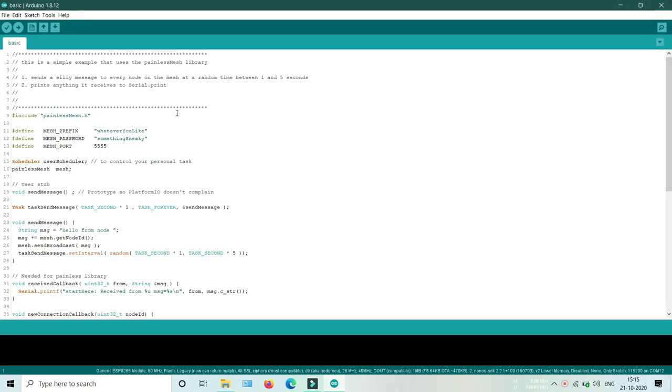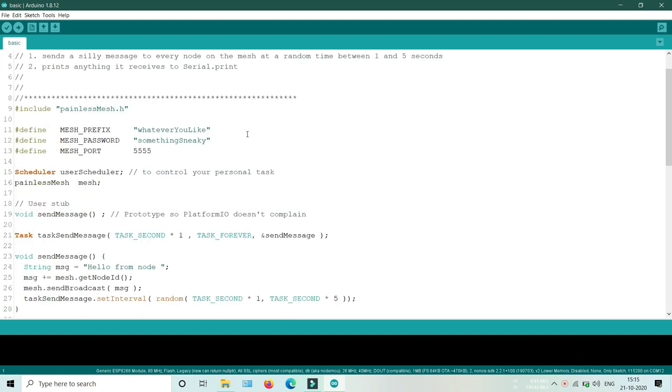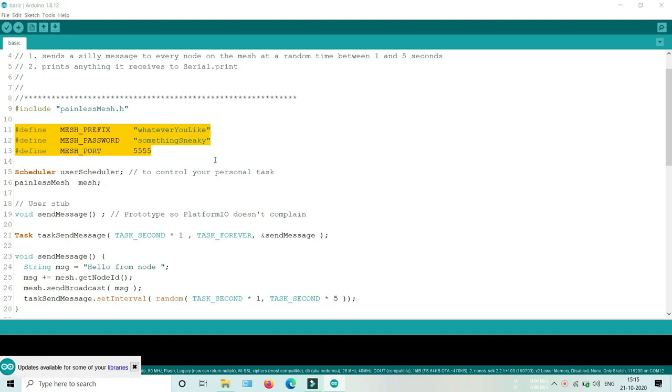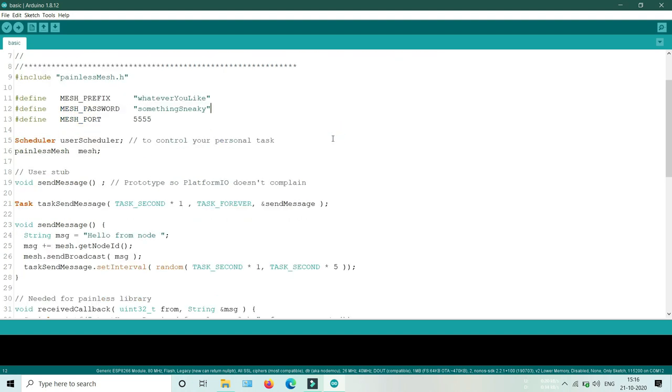Here, we have to define a unique SSID and password for the mesh. This is not the Wi-Fi credential as we use in the IoT. These are the credentials which the mesh networking will be based on. All the nodes with the same credential will automatically communicate with each other. So for making a mesh, the credential in all the nodes must be the same.